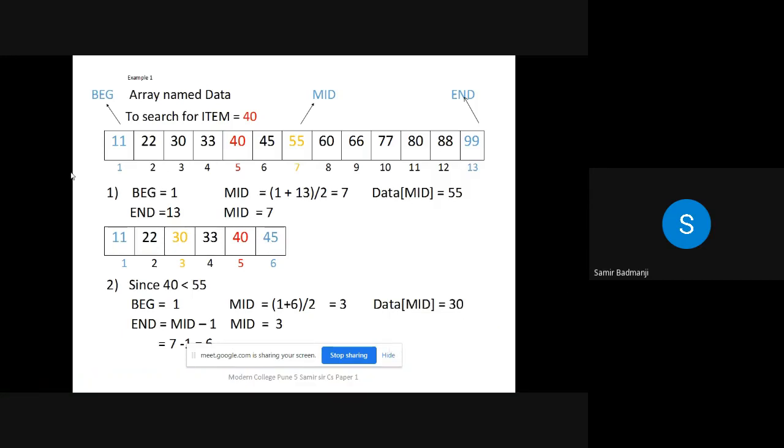Now see, this is an array. Okay. So there are actually 13 elements in this array. Now see, 11, 12, 30, these are the elements. Array element starts from 0. So there are 13 elements in this array. Now we want to search for the element 40. Okay. I have shown it in red color. 40 is there in red color. And 1, 2, 3, 4, 5 up till 13, these are the locations. Okay. These are the locations of that array, first element, second element.